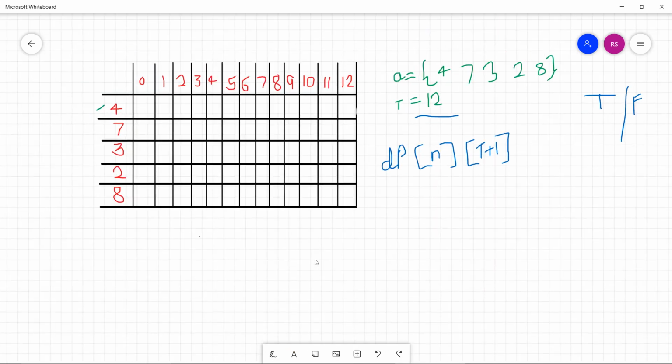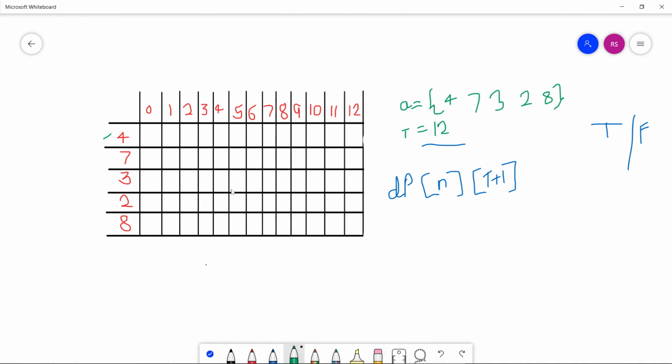Here j represents the sum, and this block represents whether the 4 contributes to this sum or not. And here i represents the elements.